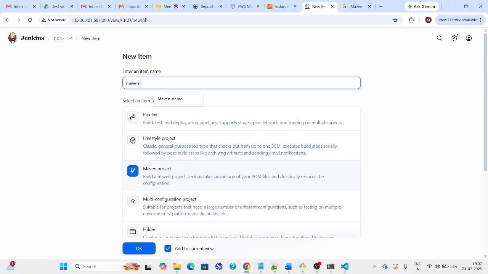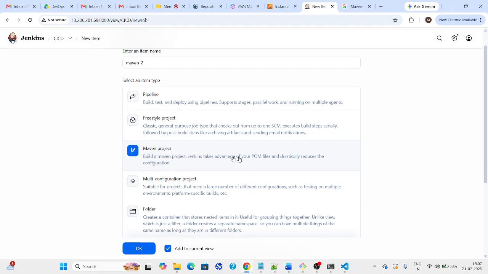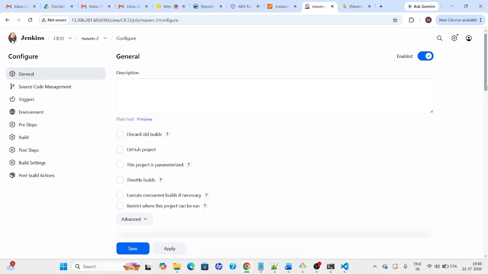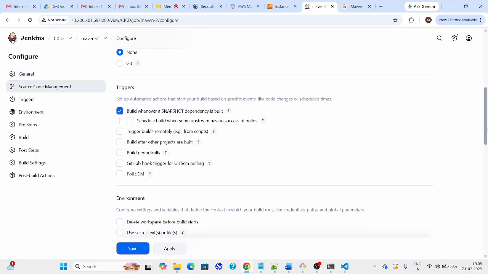Maven 2. So this one we can use for only Maven projects. If you use any other build tools, then it won't work. Only for Maven, build a Maven project. Jenkins takes advantage of your POM files and drastically reduces the configuration. The configuration will be easy when you use the Maven type here. See here,